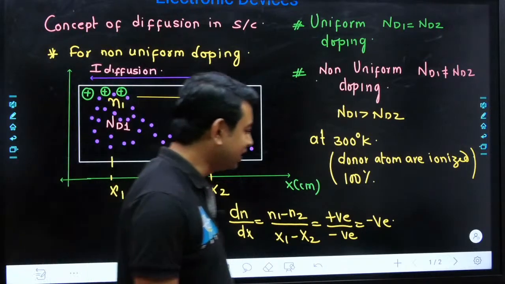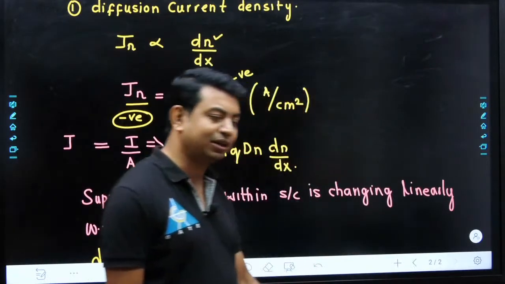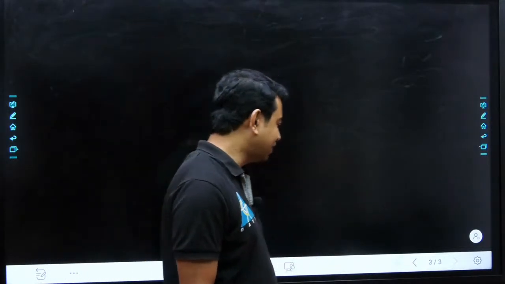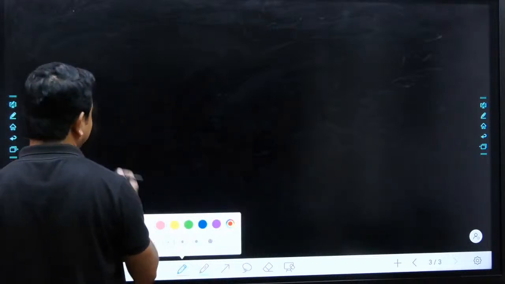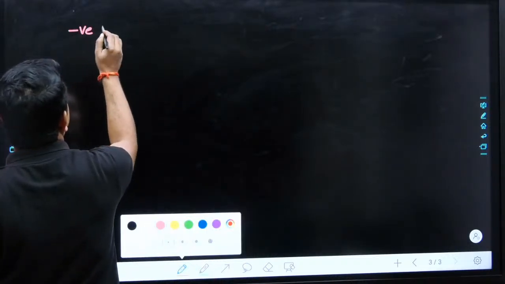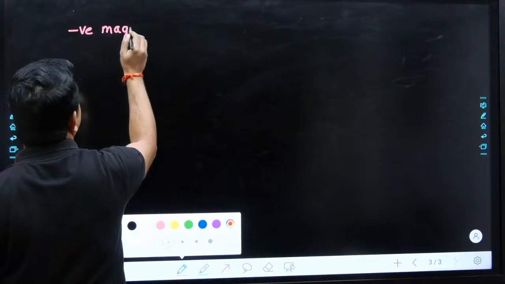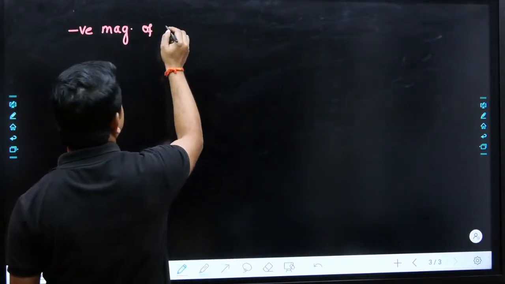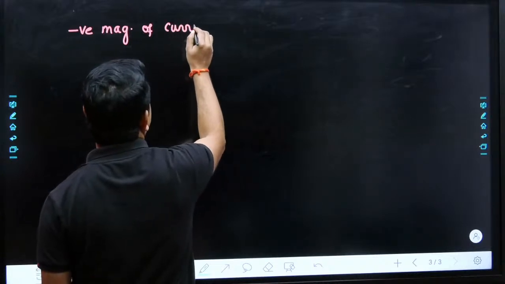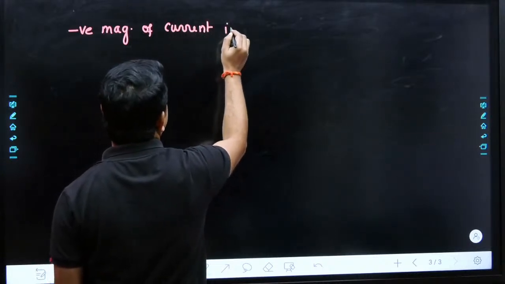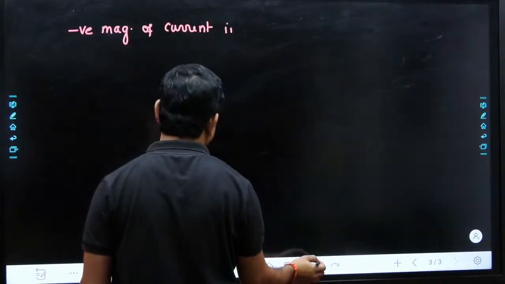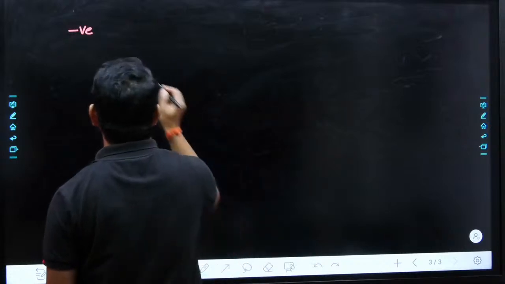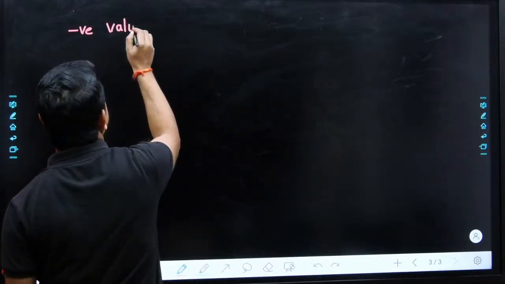So, I write here the final thing: the negative value of current